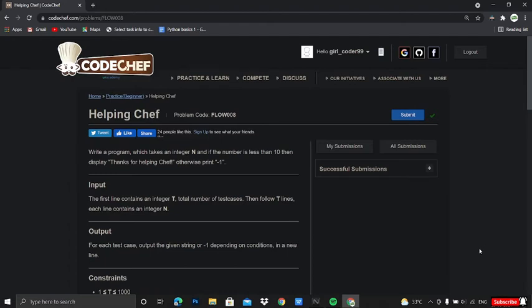The title of the problem that we are going to solve today is Helping Chef. Well, I suppose this is one of the easiest problems that I've ever seen. It will not take much time to solve. As we do all the time, first we'll read and understand the problem, later we will understand the logic by